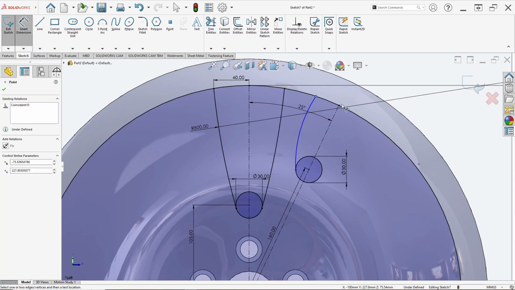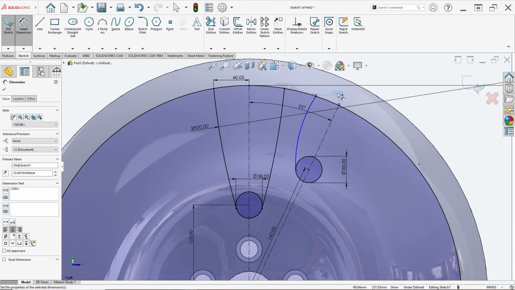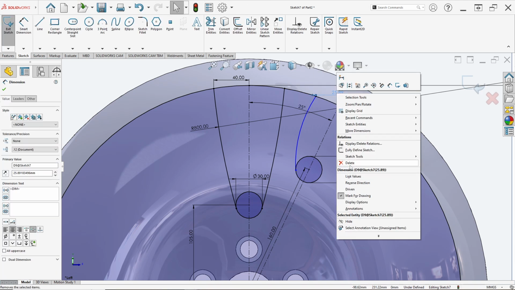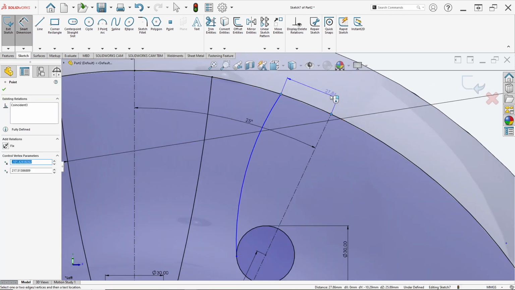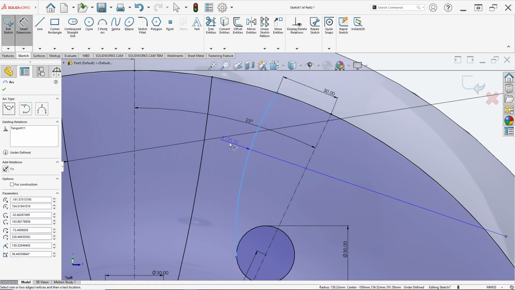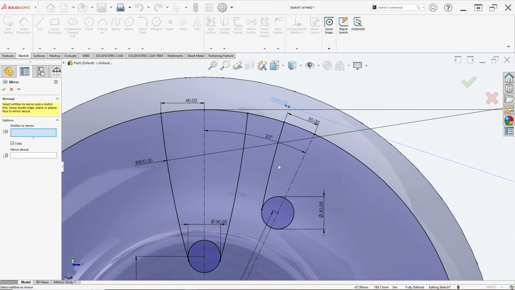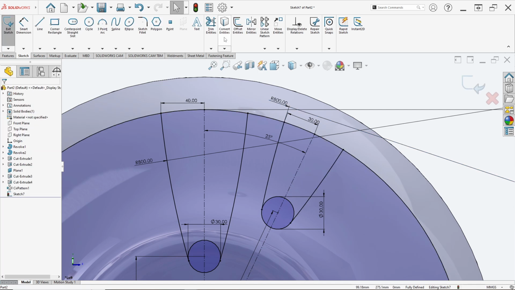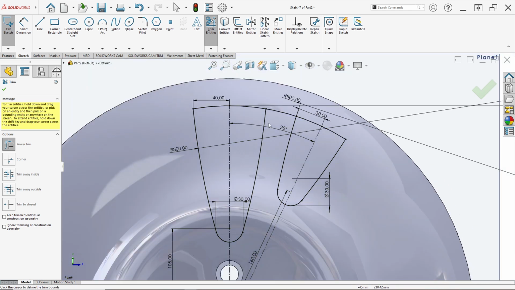Like before, set dimension, but in here the distance I set in, you can delete here. You can repeat this point and this point I set for distance in 30 millimeter, and for here set for radius in 800 millimeter. Click mirror entities again, click this arc and mirror about, click this center line, just click OK and trim entities, this line, this line, this line, this line, this line, and this circle and this line,